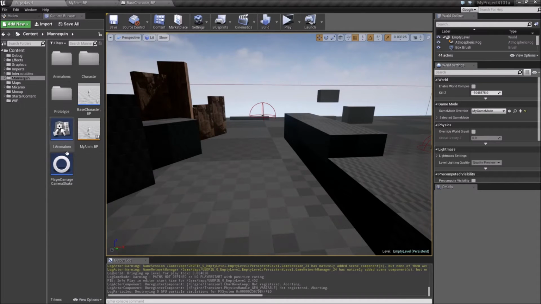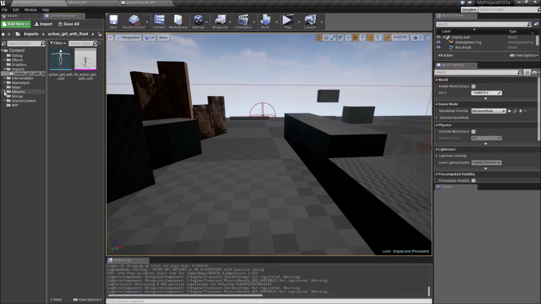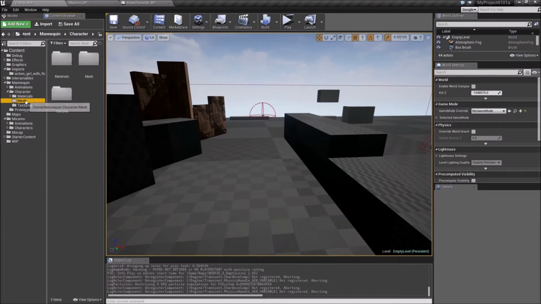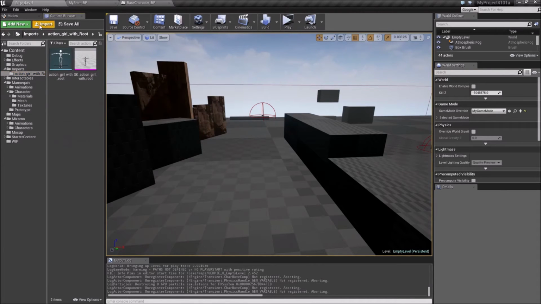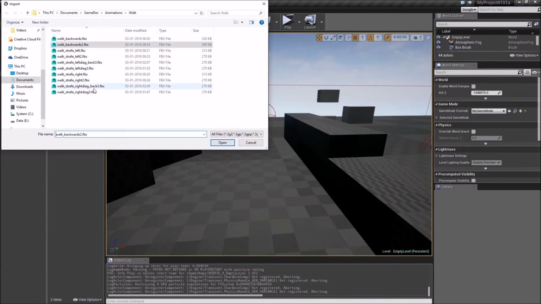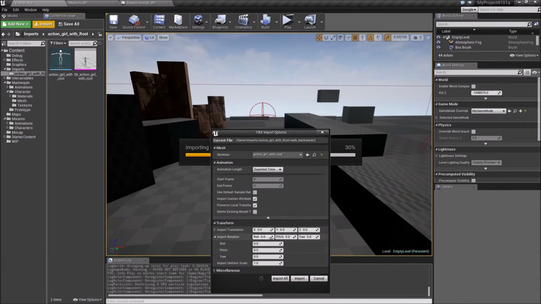So what we are gonna do is to come into the imports folder. We have something here left off from last time. Let's get rid of that, and let's see if we have some leftover stuff in here. No, not really. So let's import these, the two and the strafe left, two, and this one, this one, this one, this one, and this one. So we're going to end up with 1, 2, 3, 4, 5, 6, 7 animations, and then select our